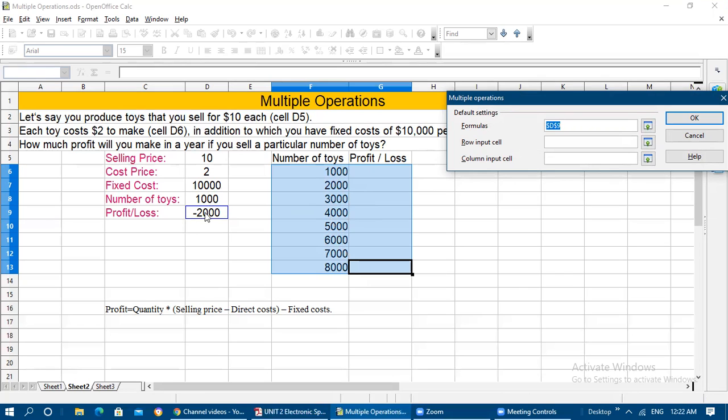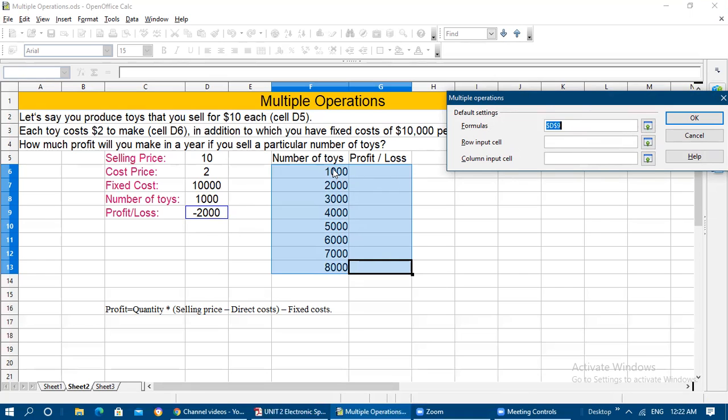I need to click on this cell by placing the cursor first. First we need to place the cursor where we want to have the reference. So I want to enter the formula here in this formula box. For that, I have placed the cursor here, and then afterwards I need to click on this cell to get that address. So the cell address we have obtained for calculating the profit or loss.